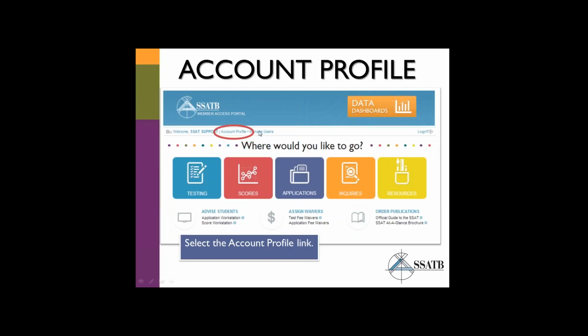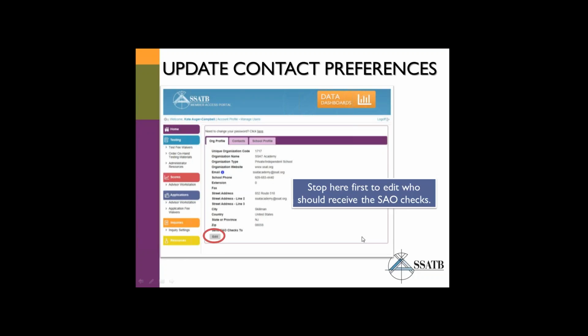Right beside the manage users link right here is the account profile feature. And so you want to select that account profile link, and then it takes you to a page where you can edit things that are specific to the SAO. So in order to do that, we've circled with red here the edit button. So you click on that edit button,